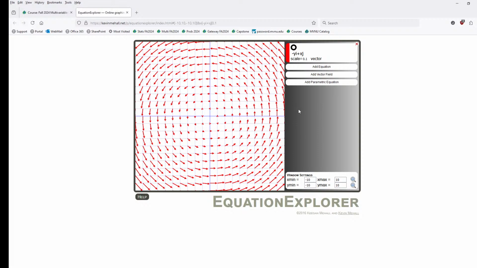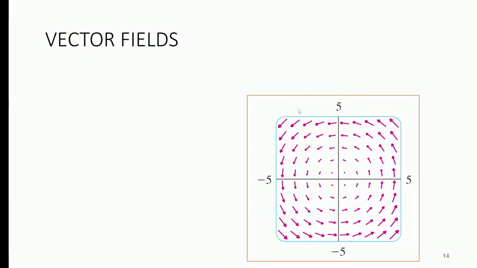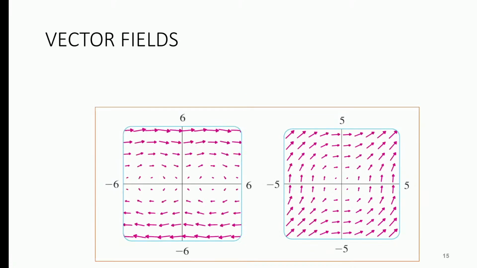There's probably some other things that we could adjust on this. You can change the settings here. I haven't played around with this much. I'm just excited that we can easily come up with a vector field. So that is available to you. You can click on that link to help you with your homework if you need it. Okay, so